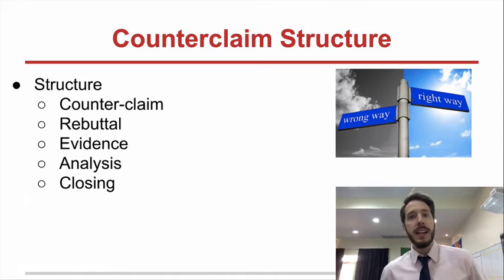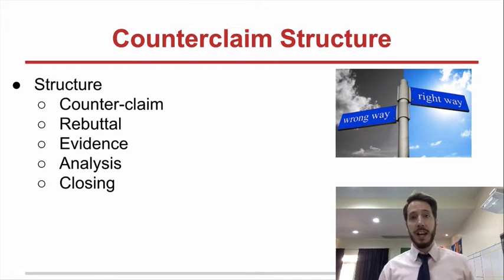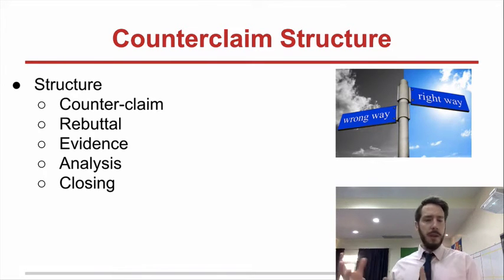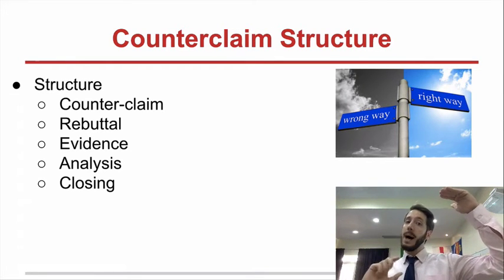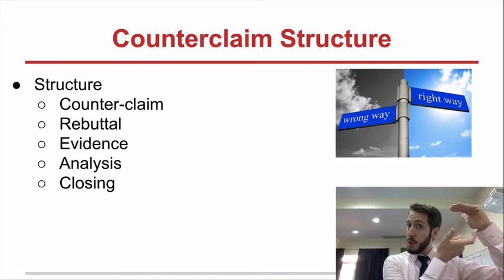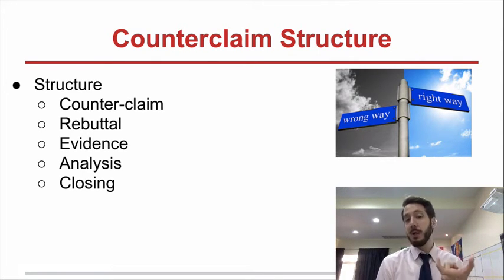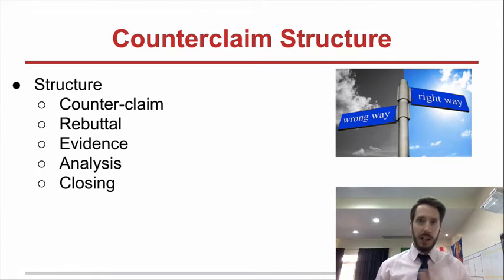Let's get started. Now, this is a basic structure of how a counterclaim should be introduced in an argumentative essay or in a presentation. First, you're going to note what the counterclaim is. My opponents will say, or alternate authors who have this other view say. Then you put in the rebuttal. Here's the counterclaim, but here's why it's invalid, or here's why my argument's stronger. Throw in the evidence to support your rebuttal, give some analysis or explanation of what that evidence means in terms of your rebuttal, and then close it off.